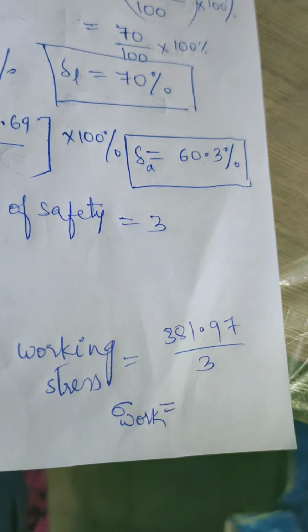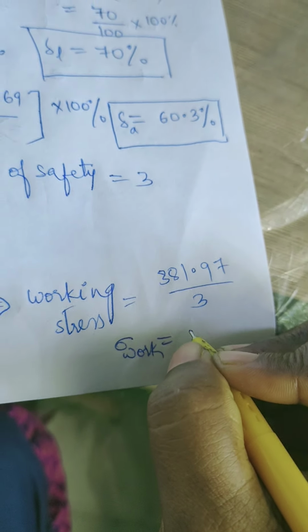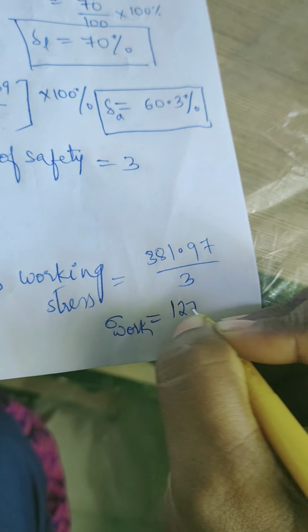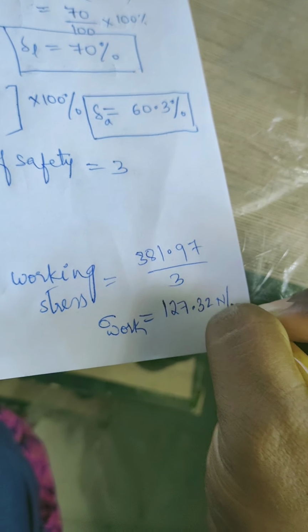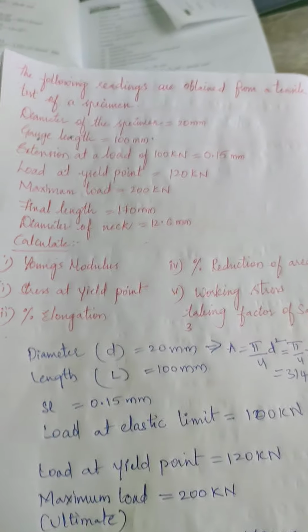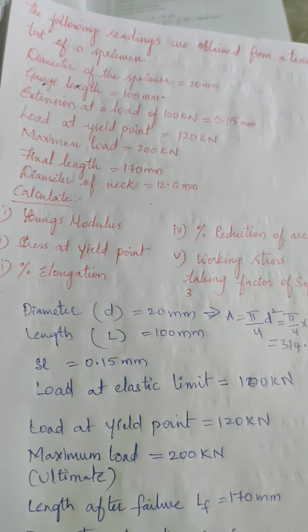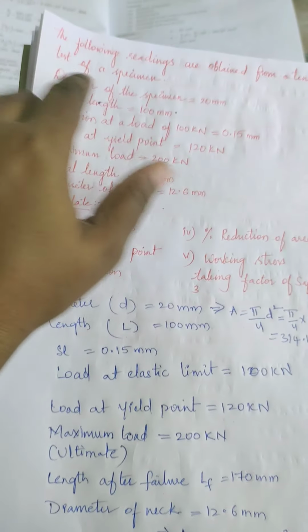381.97 by 3. It is simply 127.32 Newton per mm square. Okay. So this is all how we calculated the problem. Okay. So we did this problem as